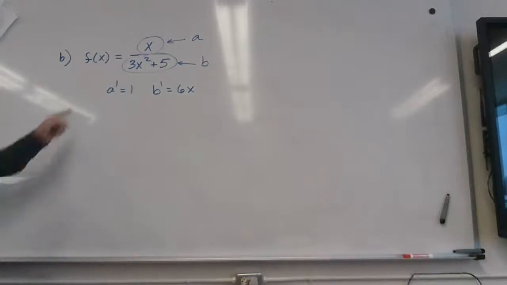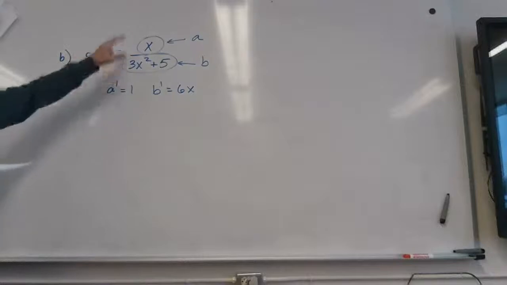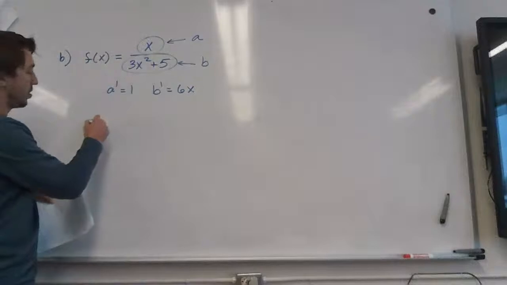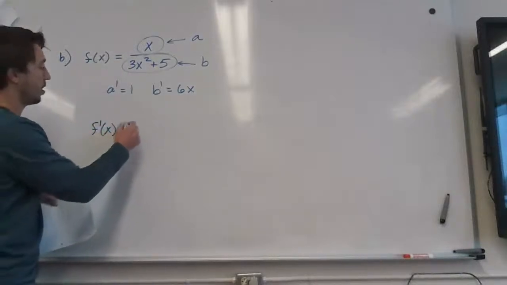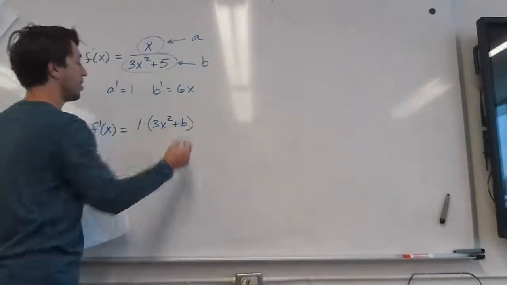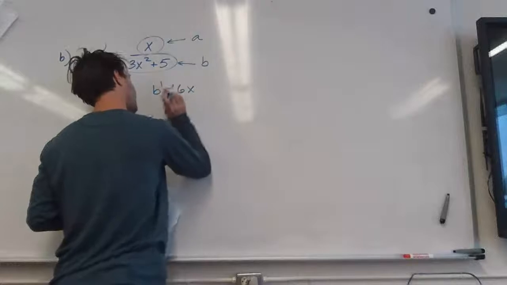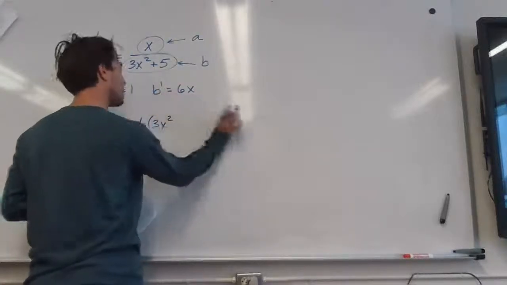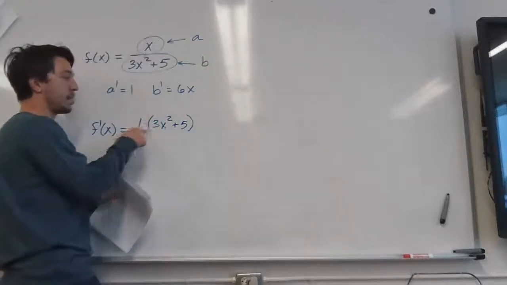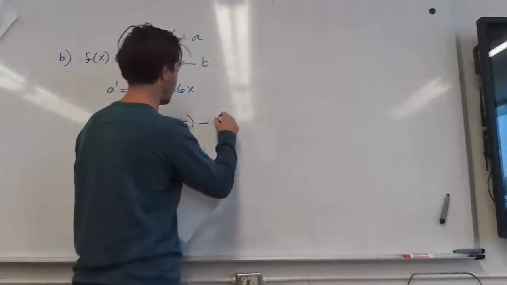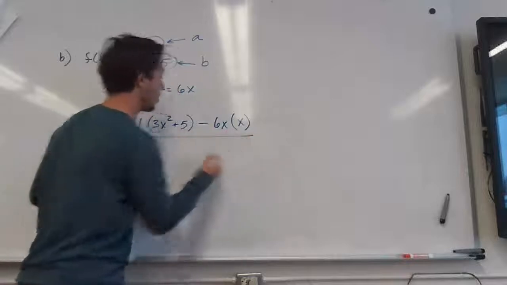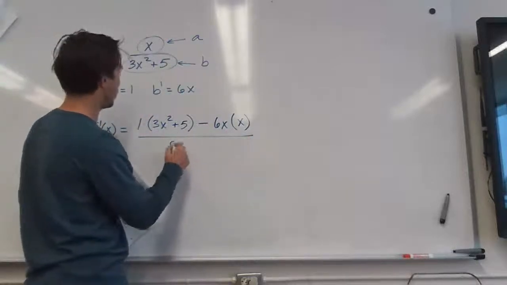So hopefully you had that at the minimum, just kind of identified top's the A, bottom's the B, there's your A prime and your B prime. So your derivative would be A prime times B minus B prime times A, all divided by B